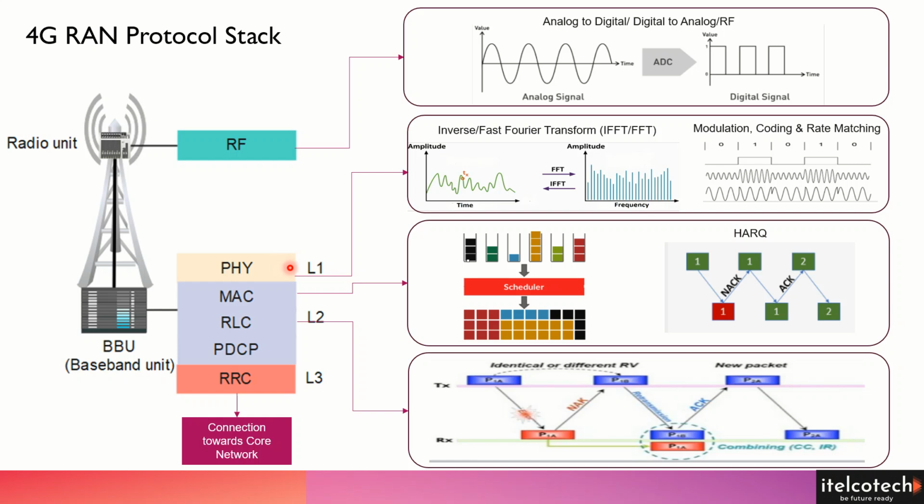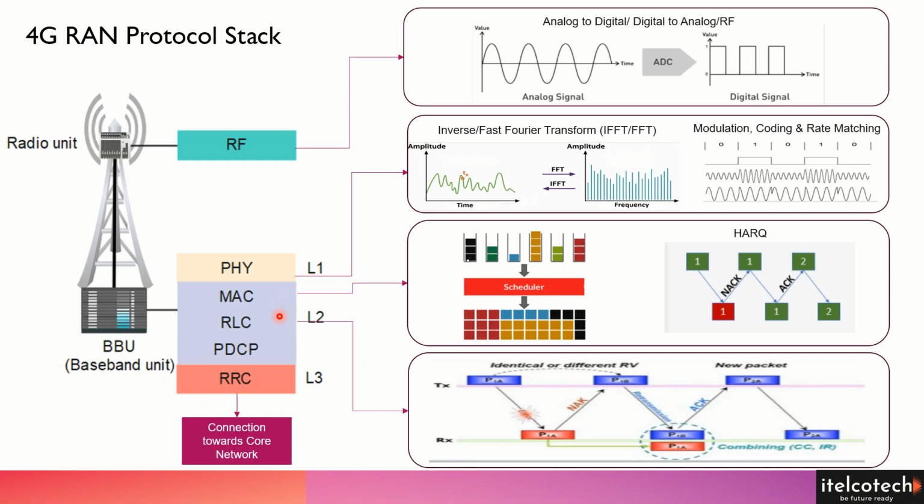We also talked about the modulation scheme, and about rate matching, which is an error correction mechanism. All those mechanisms are taken care of by the baseband unit and are catered for by layer 1, which is the physical layer. After that, there are the layer 2 protocols,